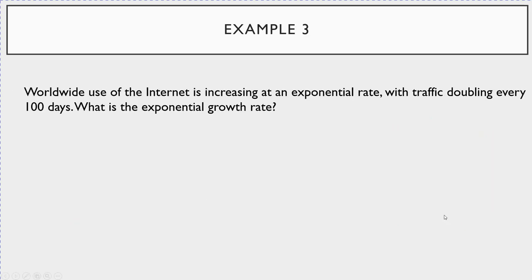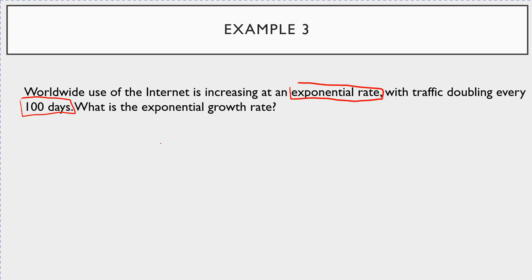All right, let's try this one, just so you can see it in action here. Worldwide use of the internet is increasing at an exponential rate. Okay, so it's telling you that exponential rate with traffic doubling every 100 days. So it's doubling every 100 days. So what is, in this case here, the